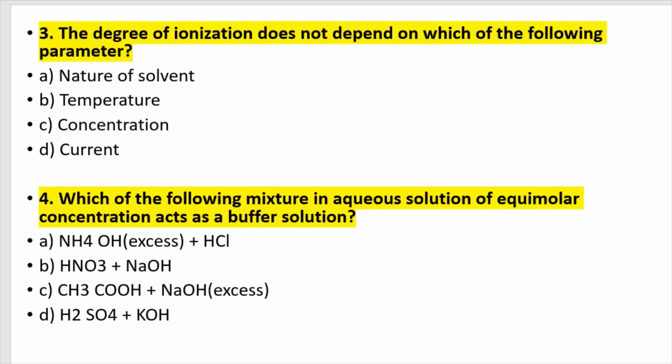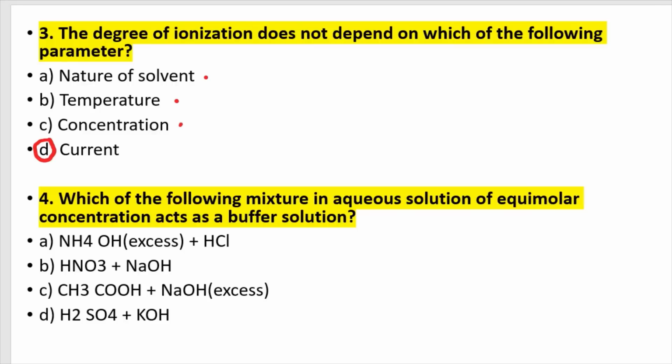The degree of ionization does not depend on which of the following parameters? A. Nature of solvent. B. Temperature. C. Concentration. D. Current. So the answer here is current. For ionization to take place, it doesn't depend on current, but it depends on the nature of the solvent, the temperature, and